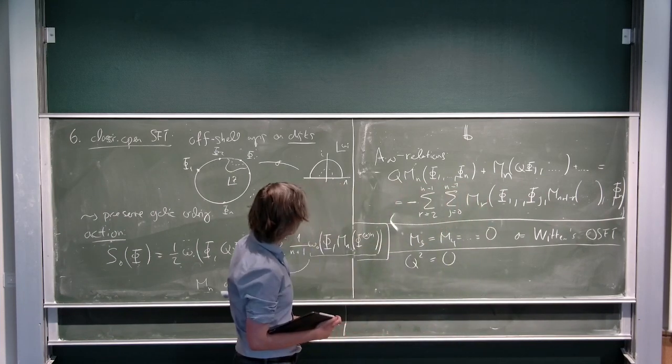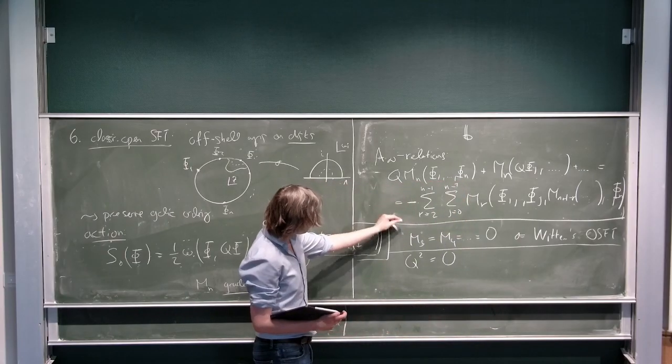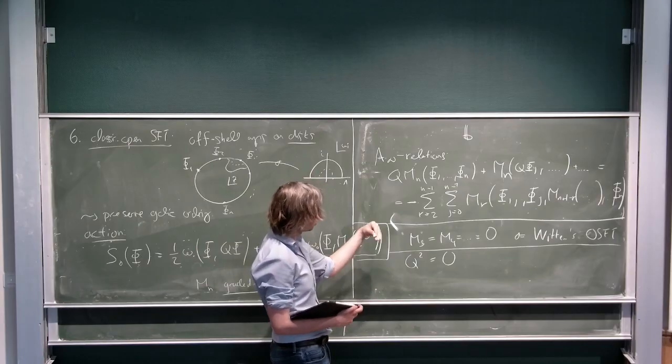Then the second relation tells you about the two-product M2, which gives you the cubic vertex,